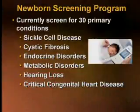Approximately 50 years ago, the Alabama Newborn Screening Program began testing for phenylketonuria, or PKU. Today, we screen for 30 primary disorders as well as many secondary ones. Among those, we have 3 primary hemoglobin disorders: sickle cell disease, sickle cell C disease, and beta thalassemia. We have cystic fibrosis with varying clinical presentations dependent upon the mutations that a baby inherits. 2 primary endocrine disorders, congenital hypothyroidism and congenital adrenal hyperplasia, and 22 primary metabolic disorders, which includes galactosemia and phenylketonuria,